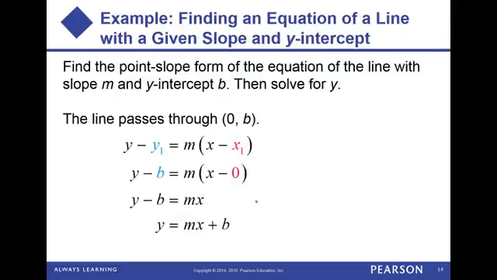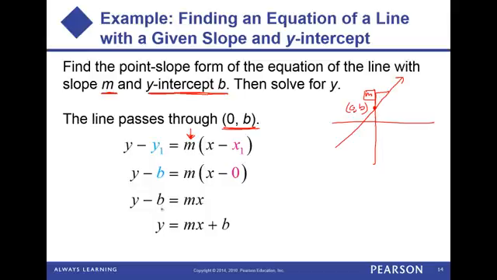Let's give one more example here to lead us somewhere here. Find the point-slope form of the equation of the line with a slope of m. So now instead of plugging in values, we're going to plug in arbitrary variables here. So really the question is this. If I know this graph goes through a point called (0, b), and I know it has a slope of m, is there a way to still set up an equation for this? And absolutely. So we plug in m for our slope, we plug in (0, b), and lo and behold, x minus